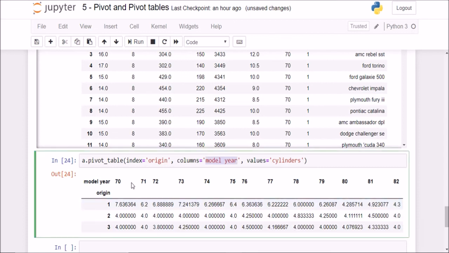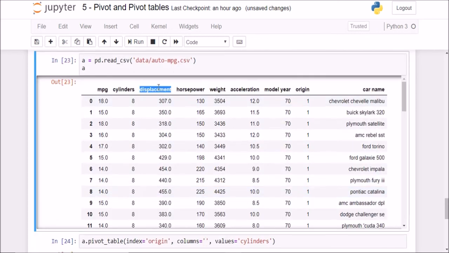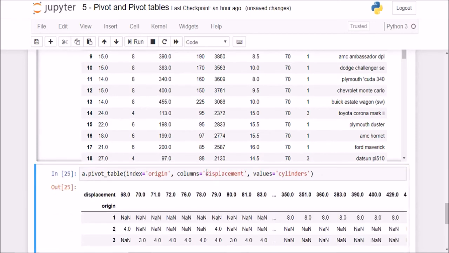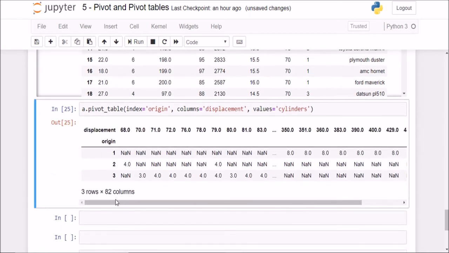Now as you would have guessed here, it would be a sensible decision to include only categorical variables as your index and column values, because for example you see here that origin we have now 3 values and hence we can do a quick analysis. For model year we have 10 to 12 values and hence we can do analysis. But for example if I want the displacement, which is a continuous variable, as my column, now you can see here we have 82 columns and it gets very difficult, and it is frankly not a good analysis. It has too many nan values and it doesn't really offer much analysis.